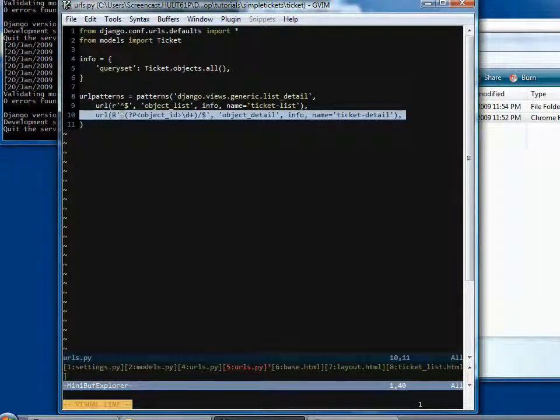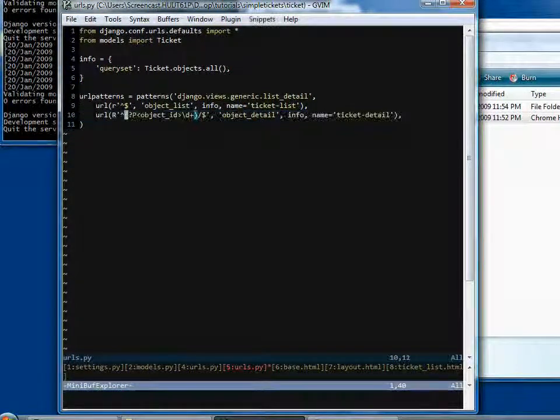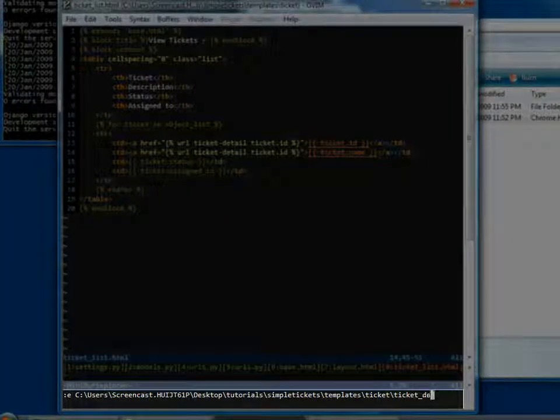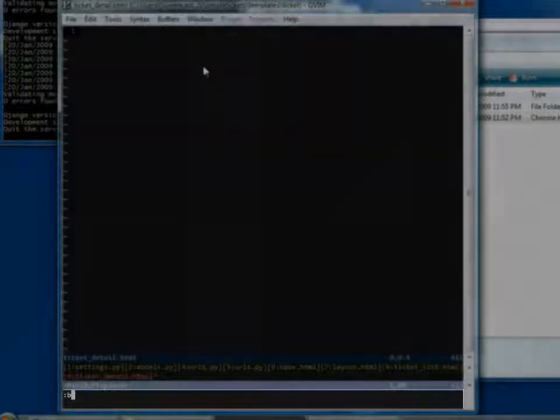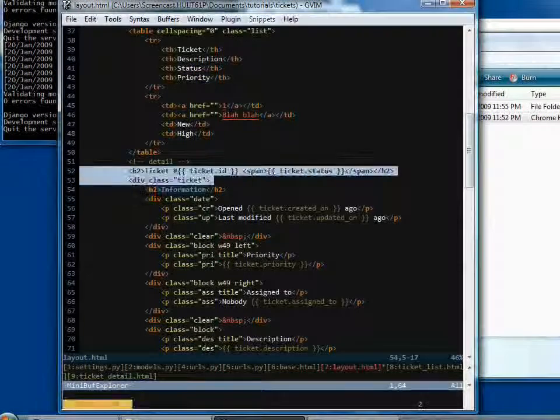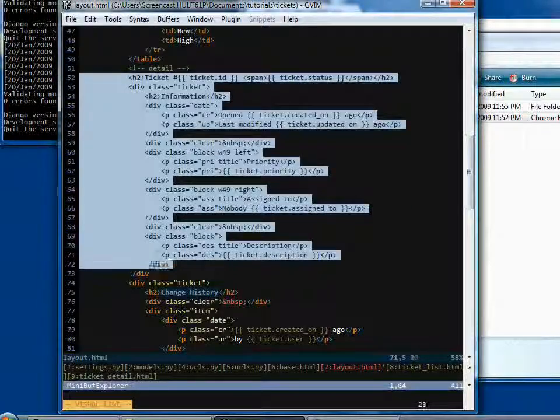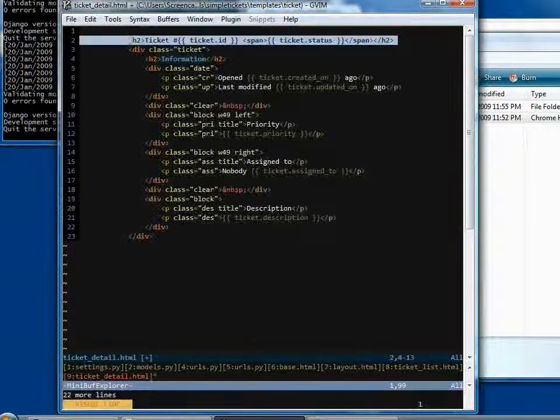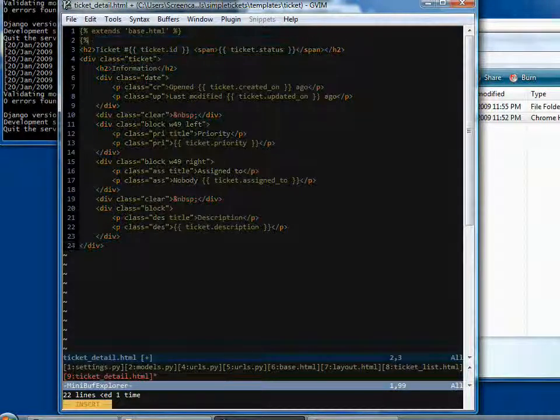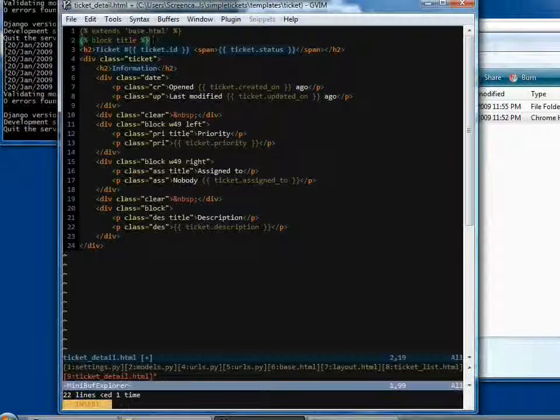And this ticket basically, because the name is ticket detail, and it accepts one parameter of object ID, which is a number, and that's valid. So since we're passing a number to it. And now we're going to do ticket_detail.html. And since I'm being lazy again, I shall copy over some HTML again. Not too much. Most of it we can't use in this tutorial. Okay, and then we do another extends base.html, block title, ticket number,